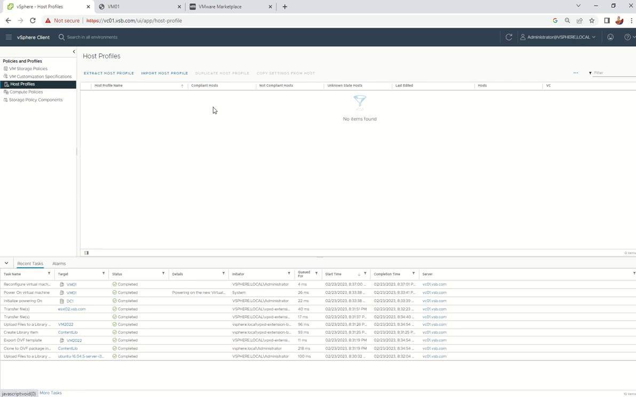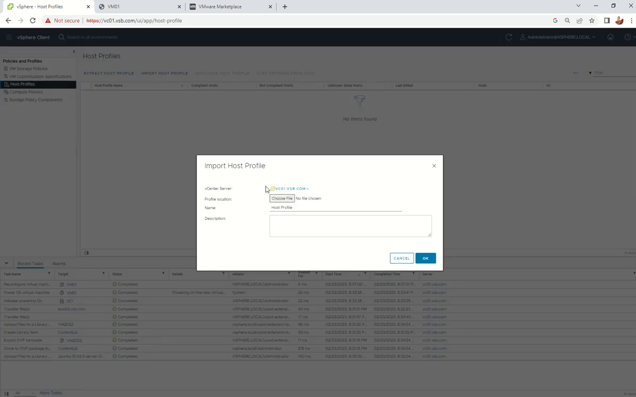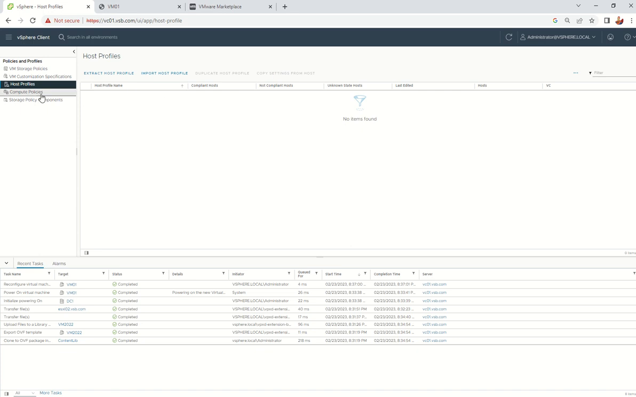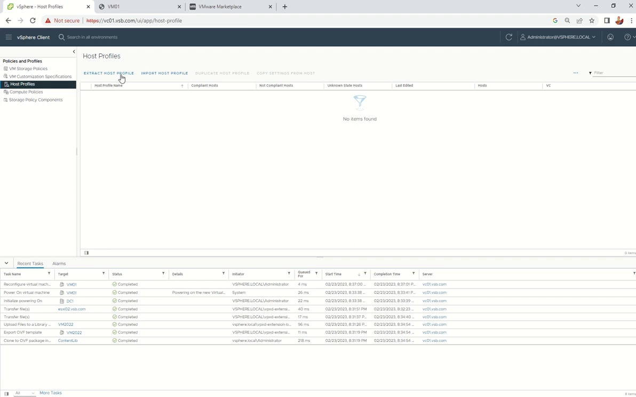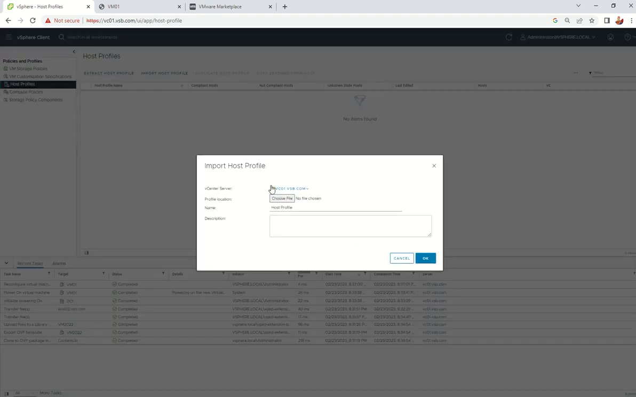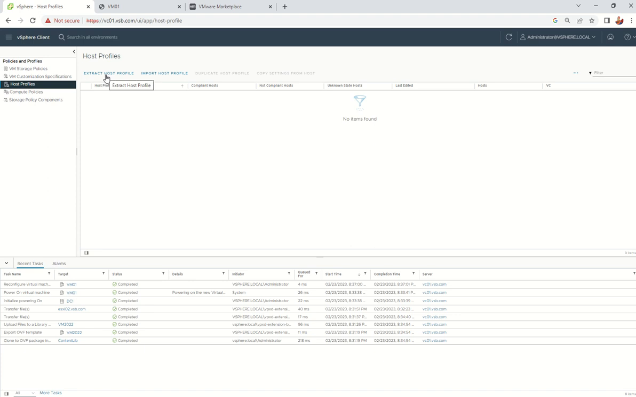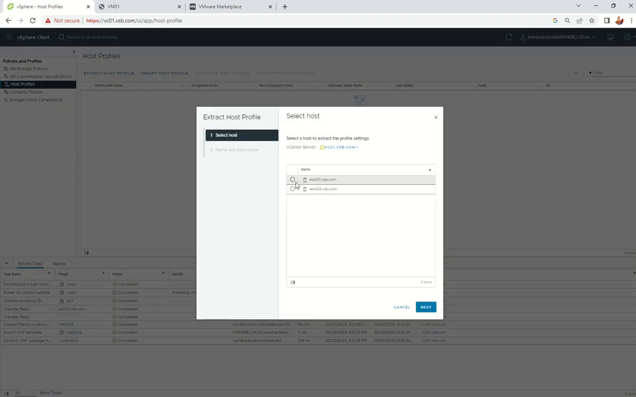We'll be using the host profile. Simply, you need to first create a host profile by selecting any existing server. You need to select one server first. If you have a host file which is imported, then you select this one and choose the file. If you don't have it, you need to extract the host profile using the existing ESXi box,